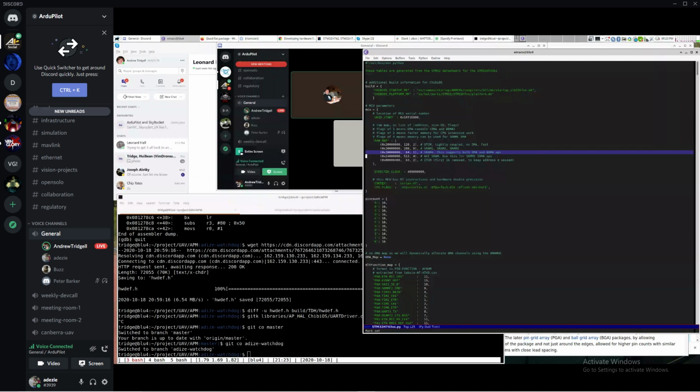Usually, because the total bandwidth for DMA in ArduPilot isn't all that high, we are not DMA bandwidth limited. And so that was the excuse I used, but it really isn't as efficient as if we did it properly. What we need to do is have a separate DMA allocation function for each peripheral type to really do it properly. The other thing that I didn't do, so the H7 in there,